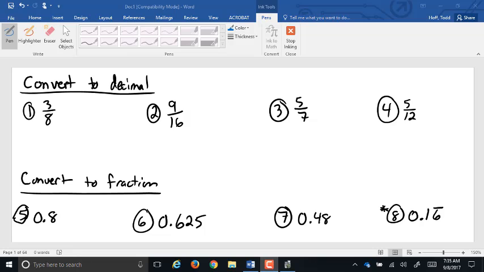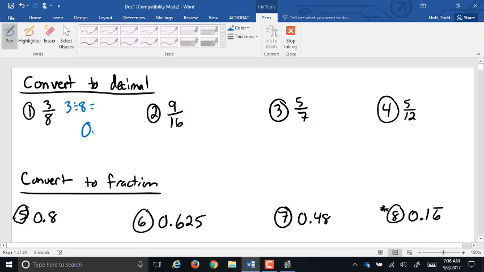Let's see how you did on this. So for the first one, 3/8. How do we turn it into a decimal, first of all? 3 divided by 8. Good. Which gives us 0.375. Good. So 9/16 is going to be 9 divided by 16, which is